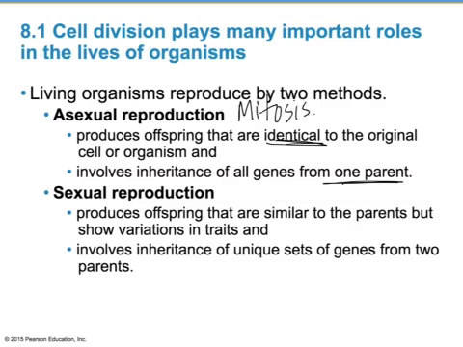Sexual reproduction involves a special type of cell division called meiosis, because meiosis cuts the chromosome number in half so that when both parents come together in that blessed event and join their sperm and egg, which were made by meiosis, that's when you get a whole unique offspring. Since you're combining two different parents, the offspring are similar to the parents, but not identical.